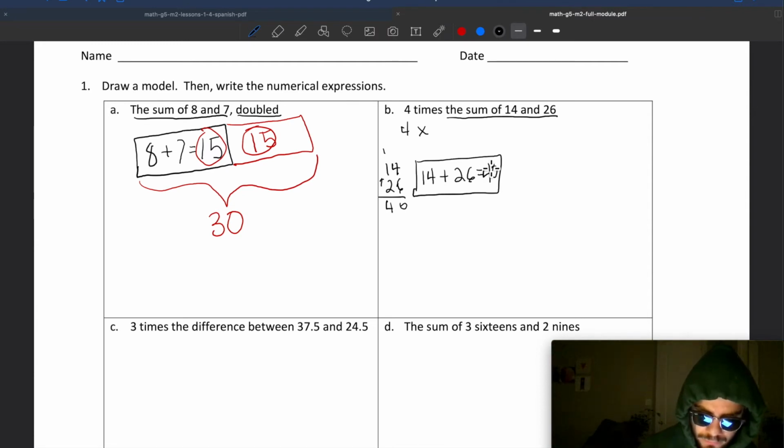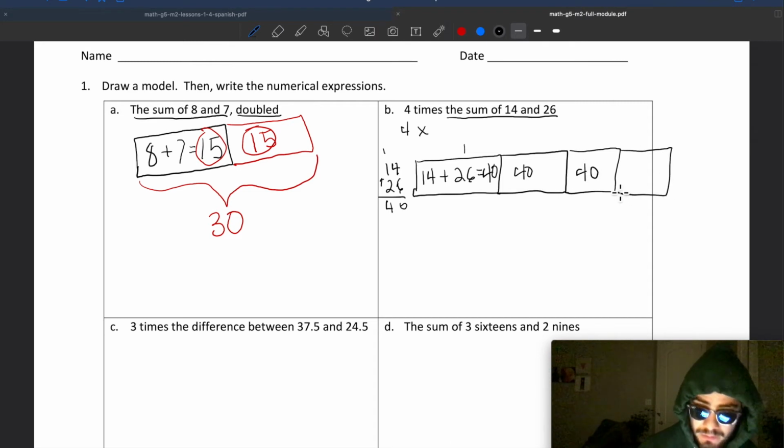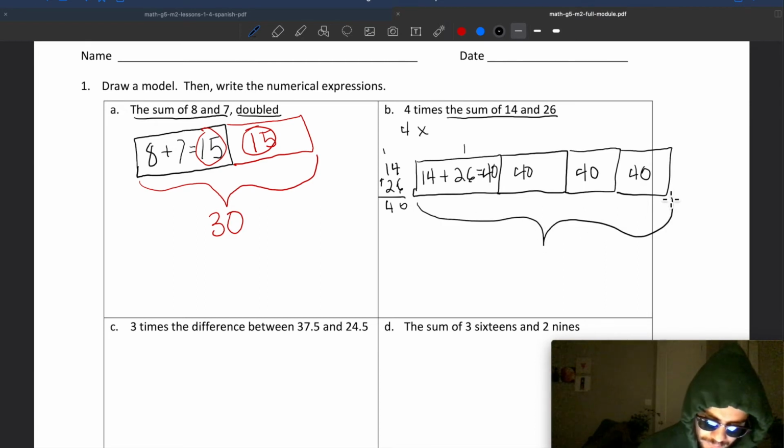So if you do that 4 times, we already have 1 there, another 40, another 40, and if we continue it, I might have to step outside of the box here. 40. So let's see, in total,